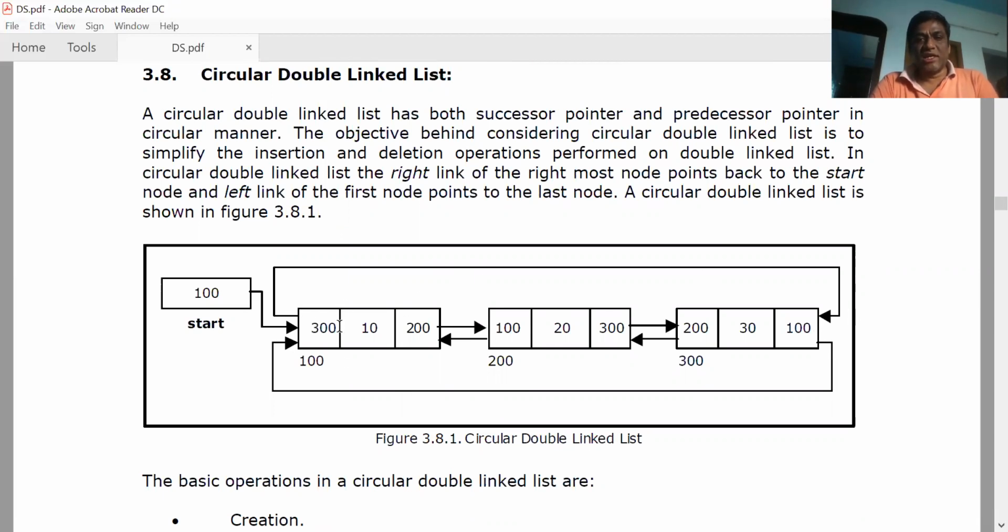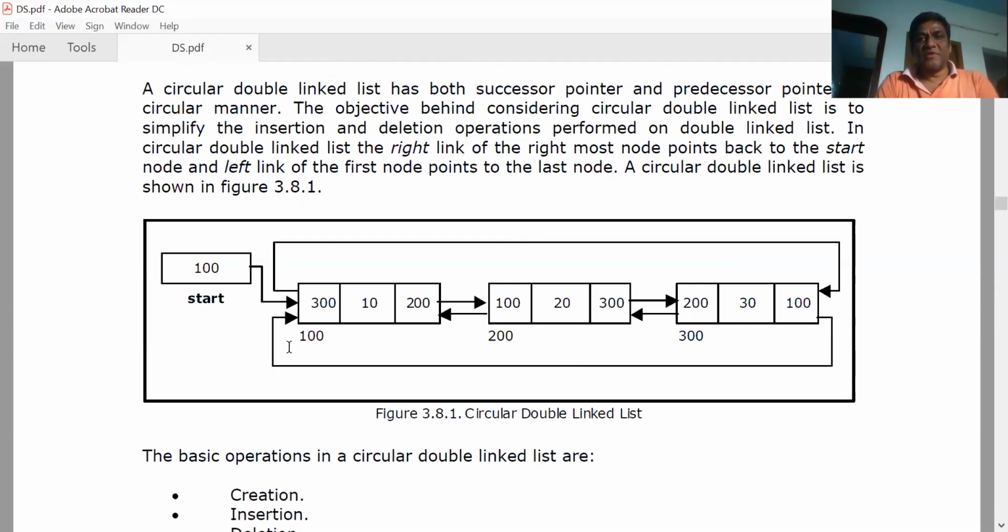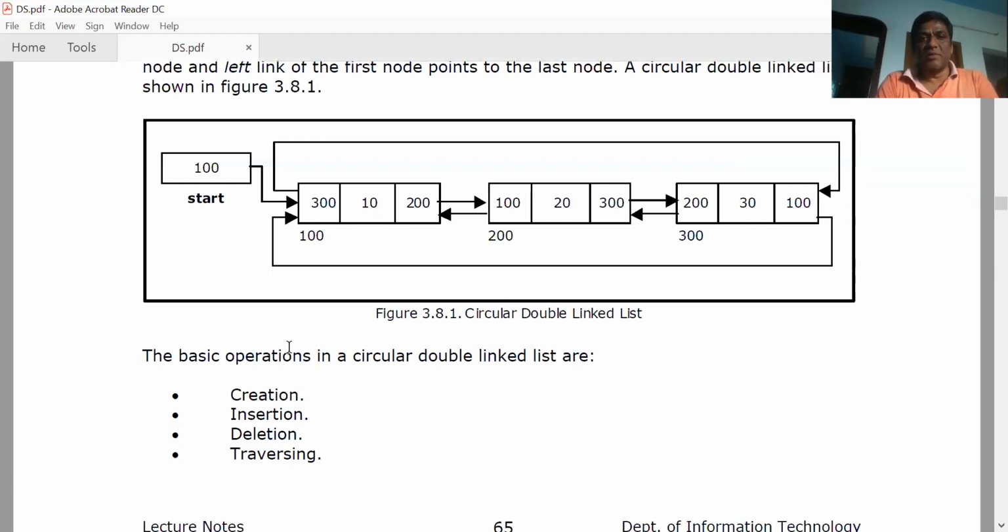In a general doubly linked list, the previous pointer of the first node is null and the next pointer of the last node is null. Instead of that null, the first node's previous pointer points to the last node, and the last node's next pointer points to the first node. So that is the difference between a general doubly linked list and a circular doubly linked list.